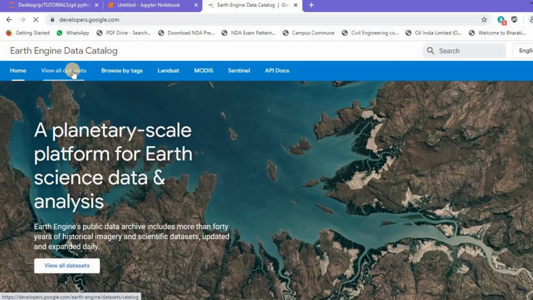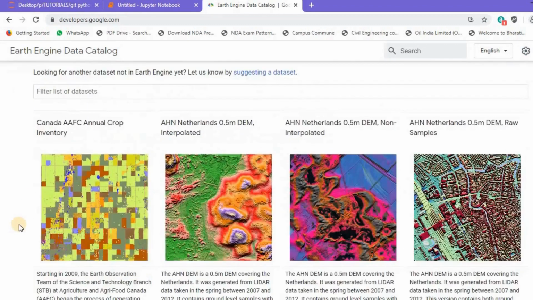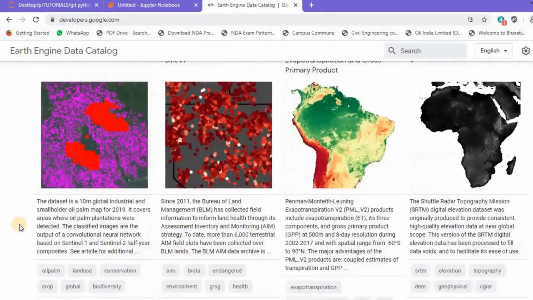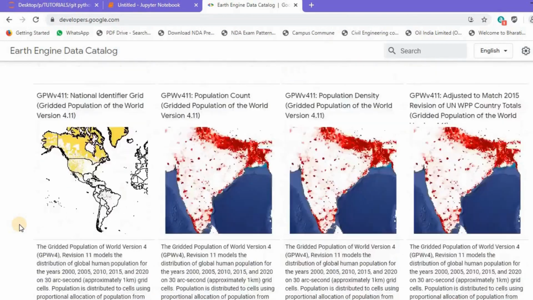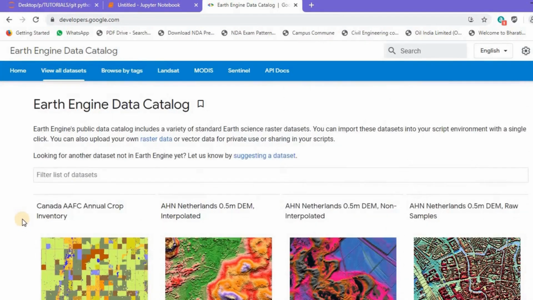Let's view all the datasets and then decide what particular dataset will help us create a land cover map for India. Let's go to view all datasets. Here we have landed on a page where we can see all the data collections. In order to generate a land cover map, we'll require Copernicus data.